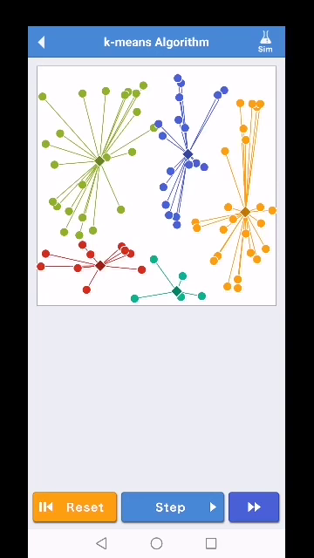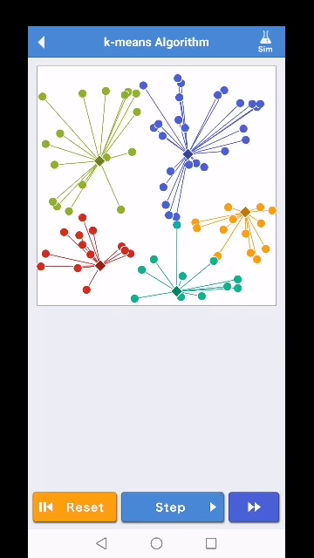So in the next grouping, some points that probably belong to the blue will probably move to the green, or those belonging to the red will move to the green, and so on, because of the shift of the points when it tries to find its center. And this is what happens. You notice that some points move from one group to another group,